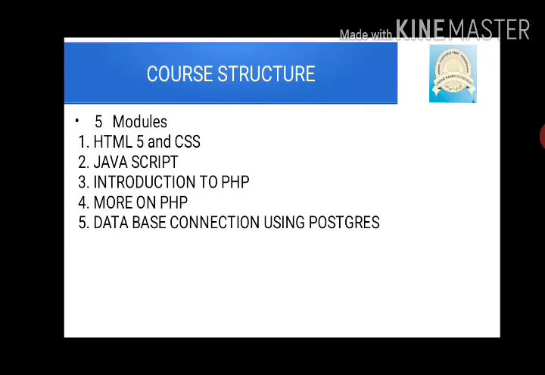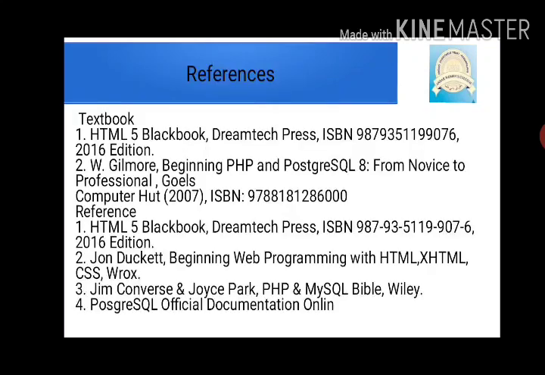In our lab paper, we need to finish around 40 questions from three parts: HTML, CSS, JavaScript, and PHP portions. Both of these two papers are very simple and interesting. If you study well, you will be able to develop your own website that will help your final year project. The reference book I listed here is from your university syllabus. Let's move on to our class.